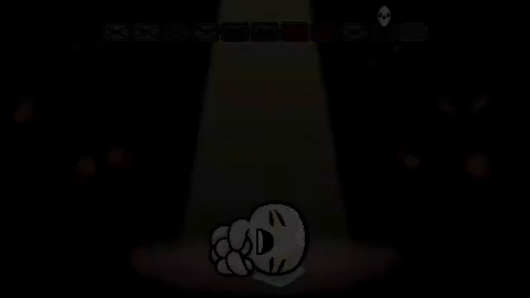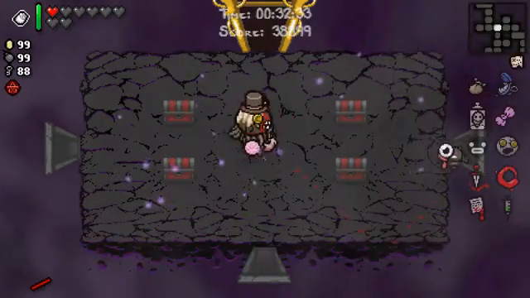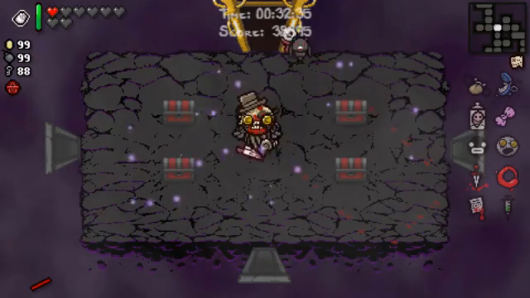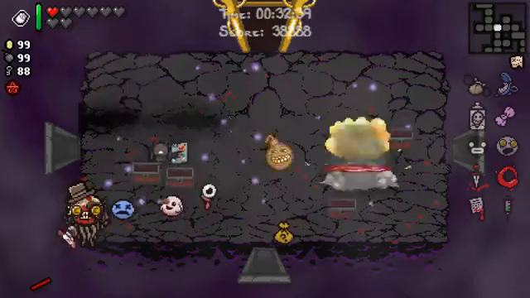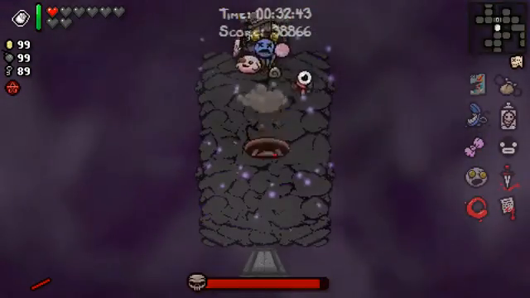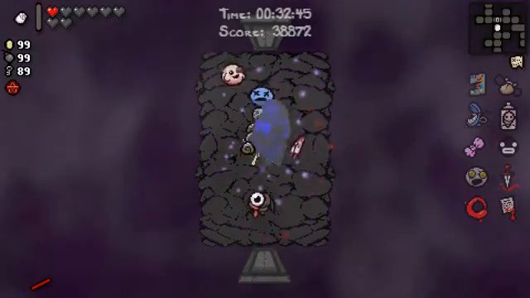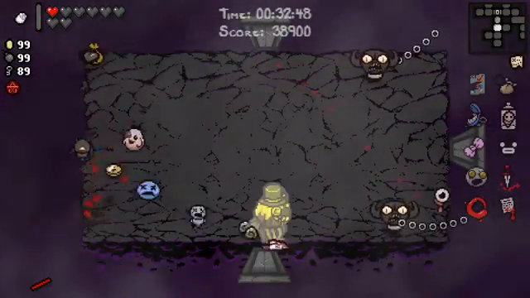And by the way, even though I could fight Mega Satan right away with this Get Out of Jail free card, I'm not going to. I'm going to explore the floor a bit, because I've got Guppy's Tail and a lot of luck, and I want to see what happens. Also, I want to see if I get Guppy from these chests, and the answer is no, but I got Curse of the Tower, which is going to be fun, by which I mean funny, and I can't see anything,